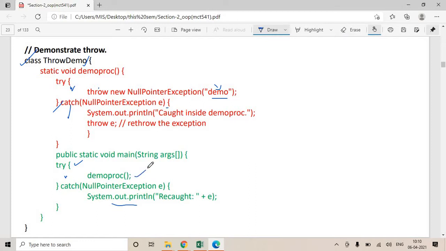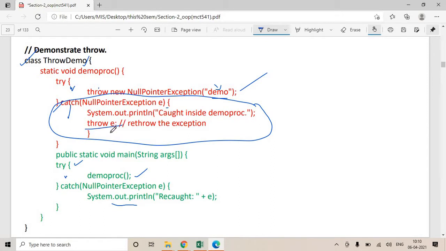Even if you call this function, this try block gets executed, an exception is there, it is processed by this catch handler, it is also okay. But to demonstrate how you can throw the same exception multiple number of times, this throw is there. When you rethrow it, this catch gets executed and it is processed accordingly.